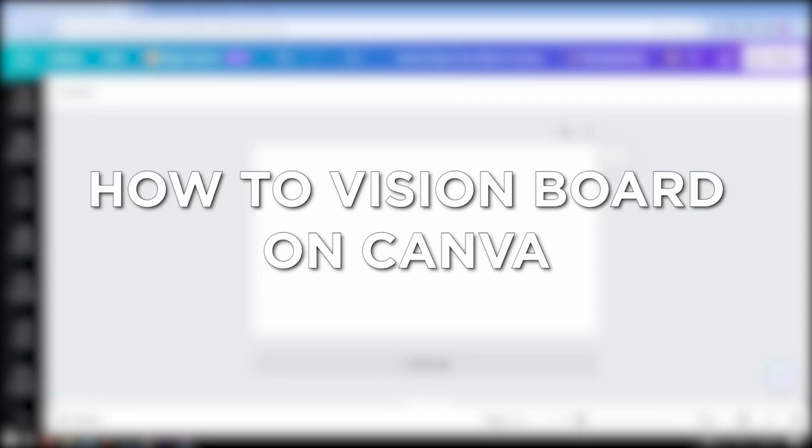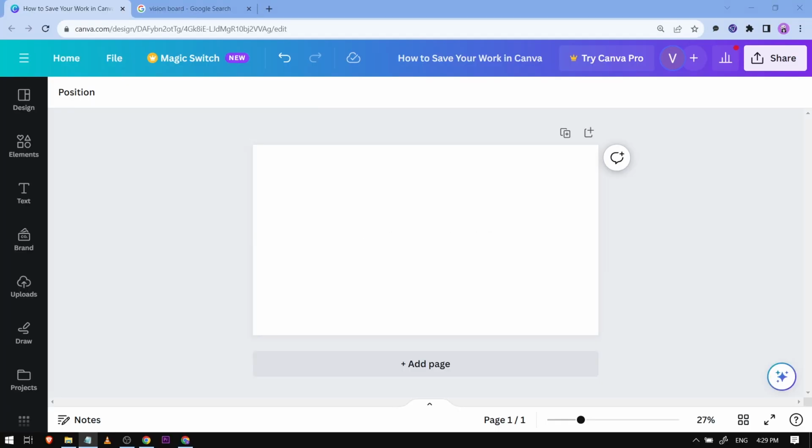How to vision board on Canva. Creating a vision board in Canva helps to visualize goals and manifest aspirations effectively, and I'm going to show you